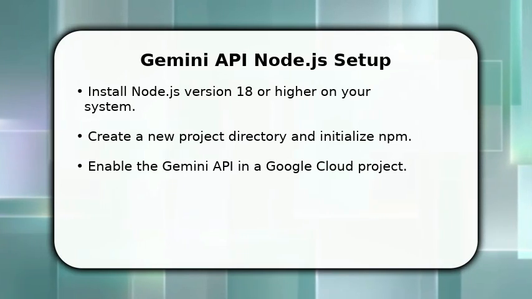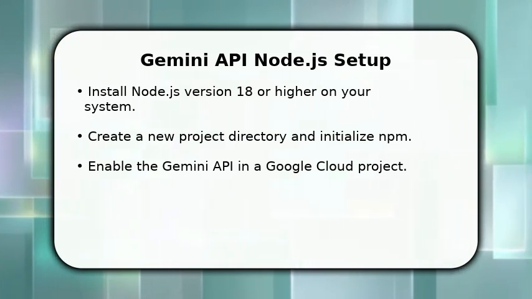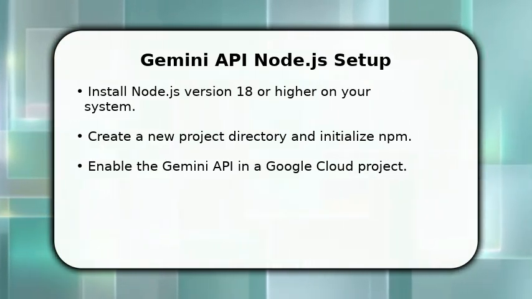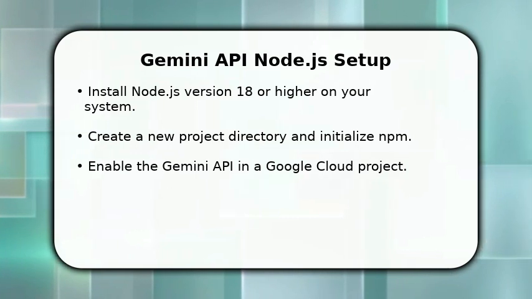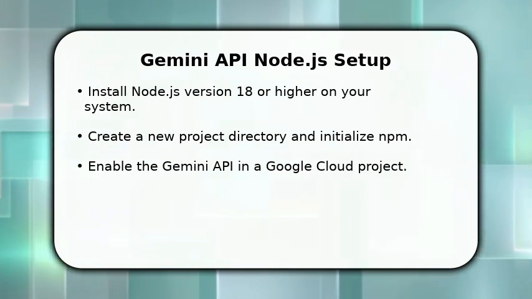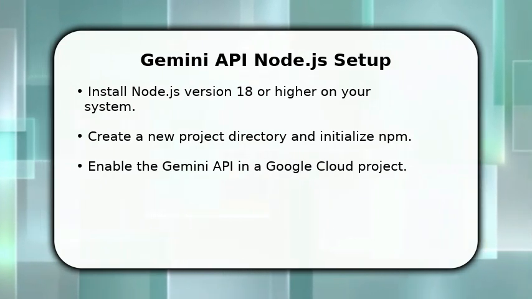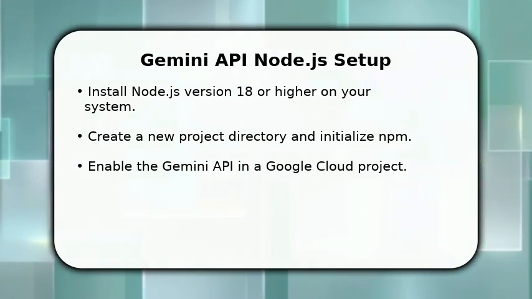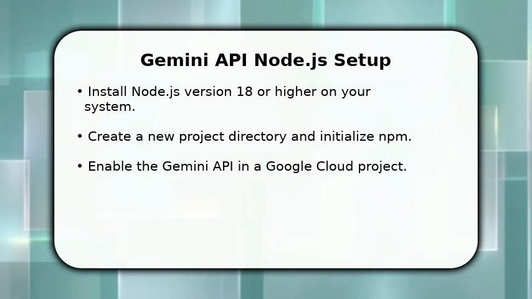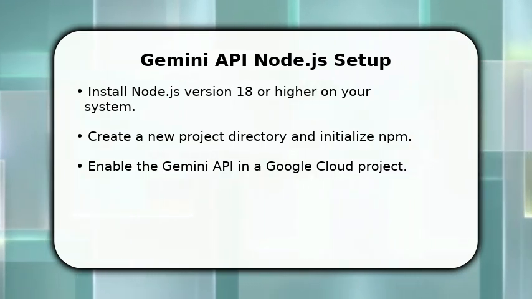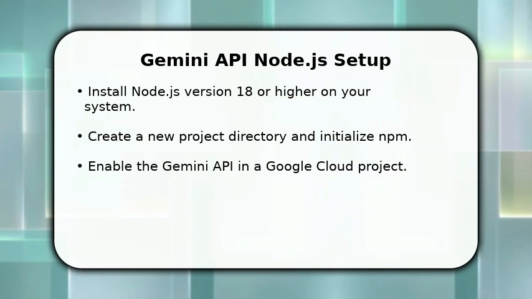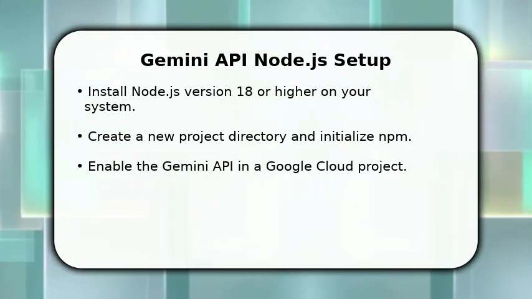In this video, I will explain how to integrate the Gemini API in Node.js. First, ensure you have Node.js installed on your system. Version 18 or higher is recommended. Next, create a new project folder and initialize it with npm. Finally, you'll need a Google Cloud project with the Gemini API enabled to generate an API key, which is crucial